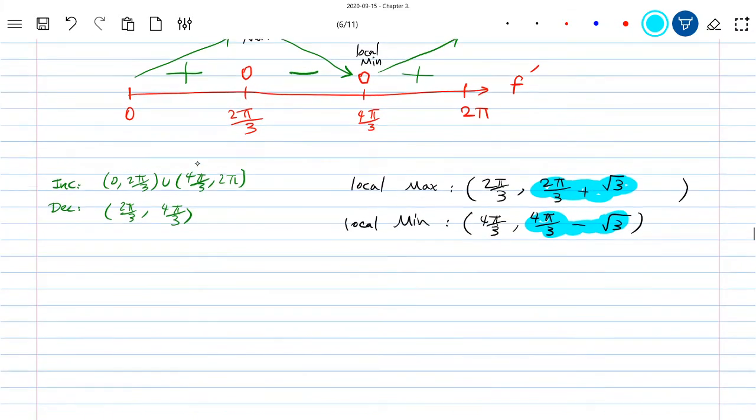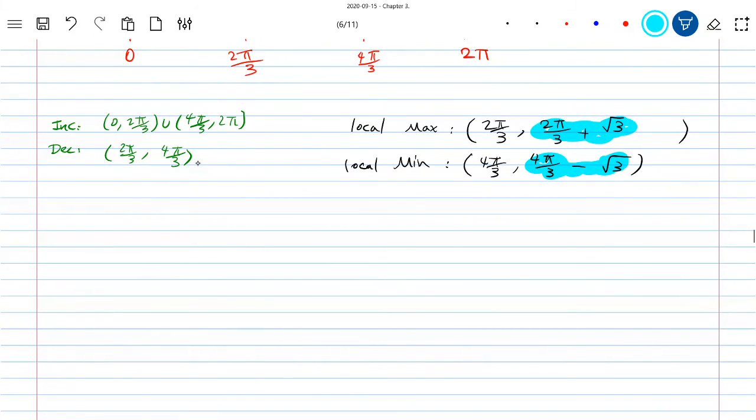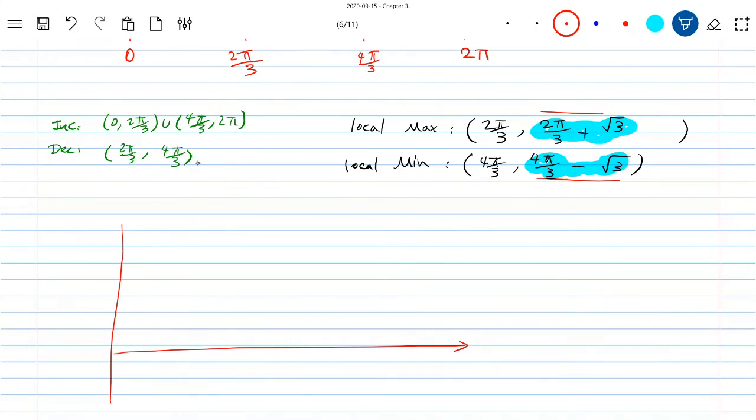Okay, so you can expect how the graph looks, by the way, as well. If you find these numbers as decimals, you can find the graph kind of precisely. But let's see. You graph the function over the interval 0 to 2 pi. Starts from 0. If you replace 0 into the function, turns out you get 0. So you start from here. The function increases up to 2 pi third. The y value is this guy, star. And it starts to decrease